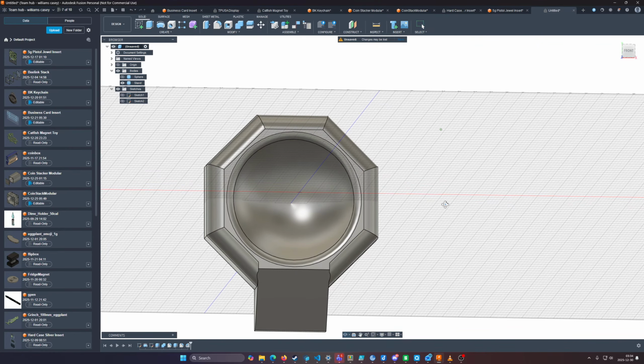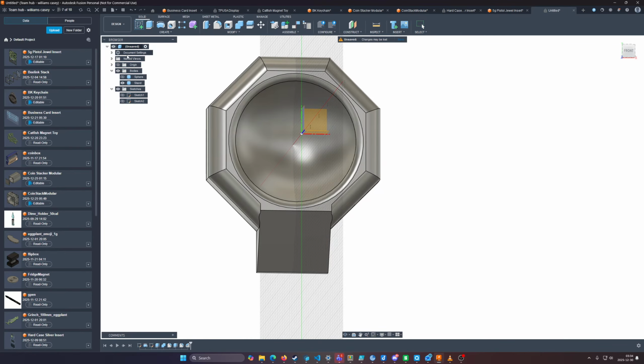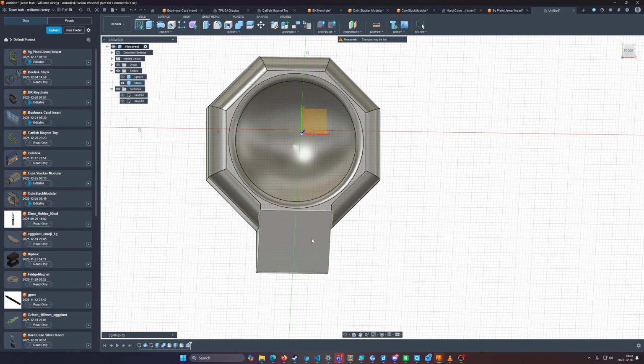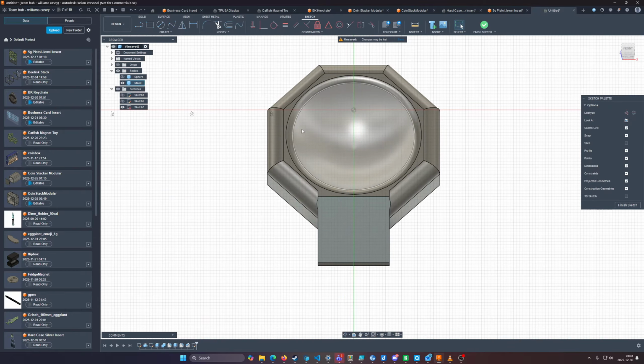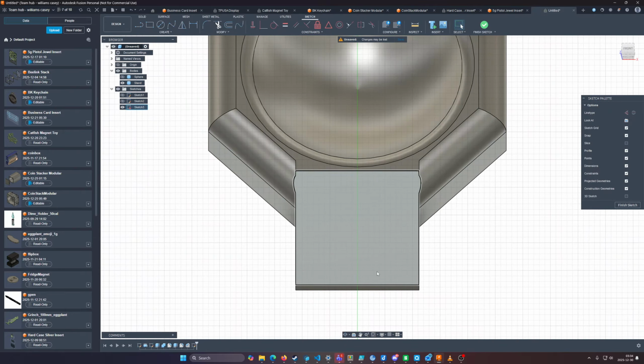And now we want to add our text. So we can create a sketch, and now it's waiting for us to click a face that it wants us to create the sketch on. We can actually choose this face here, this flat face that we just created. So now we're creating a sketch on this piece of little plastic here, eventually plastic that'll be printed out, and